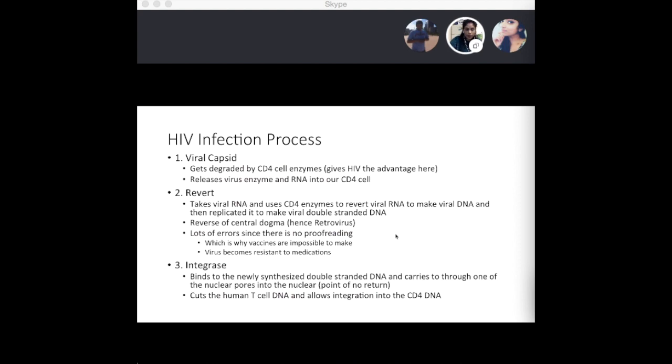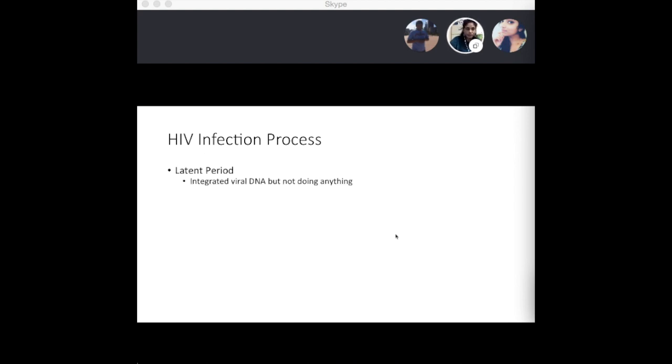After we have viral double-stranded DNA, the integrase protein will bind to that newly synthesized double-stranded DNA and carry it to the nuclear pore into the nucleus, and that's the point of no return. And it cuts the human T cell DNA and allows for integration into the CD4 DNA. This is where there's two different fates. One, it could be the latent period where the integrated viral DNA will be there but not doing anything, or that viral DNA will get transcribed and then crank out mRNAs and ribosomes to make proteins,